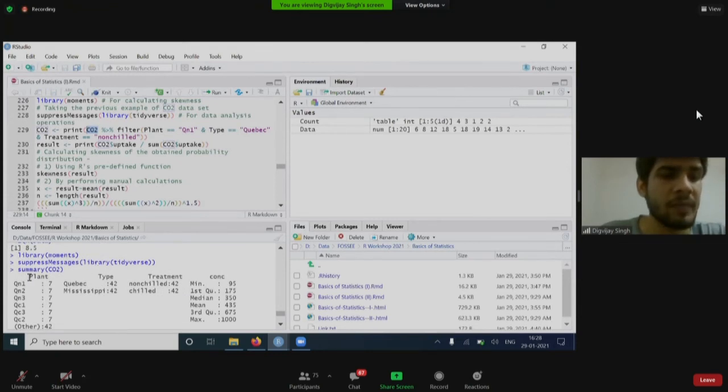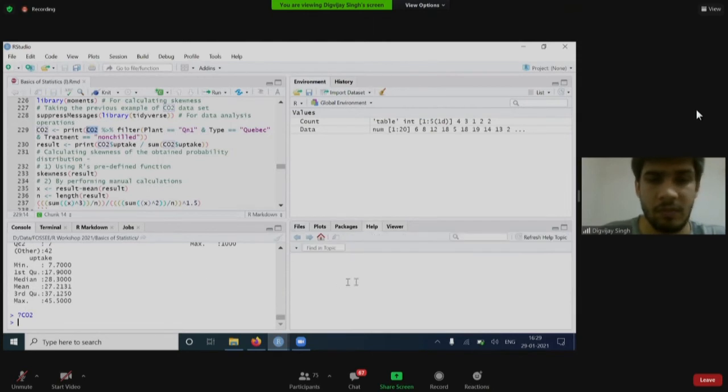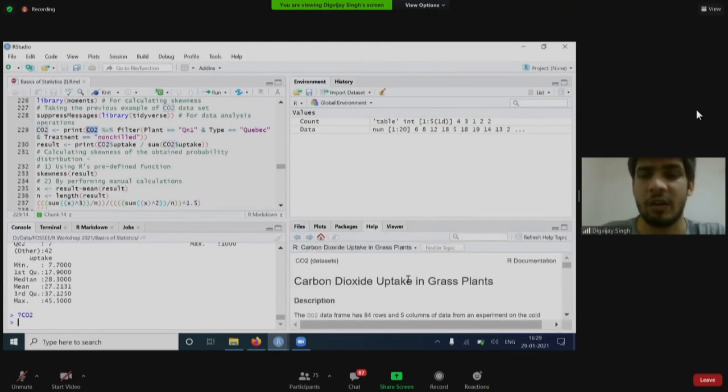We can see there are plants QN1, QN2, QN3, QC1, QC3, QC2 of type Quebec or Mississippi, and treatment non-chilled and chilled. So what it is calculating is just the carbon dioxide uptake in green plants.